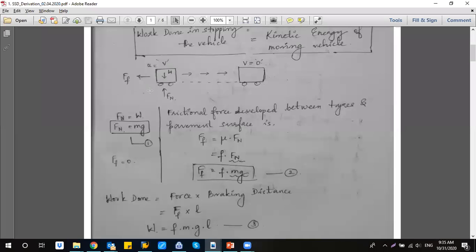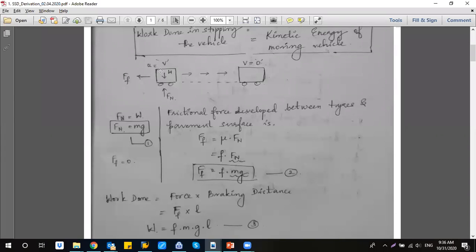I've just represented it; you can see a small vehicle here. The vehicle is actually moving; you can see the arrow marks towards the right side. So when the driver sees the obstruction, he stops the vehicle. Therefore the initial velocity of this vehicle in the starting position, let it be small v, and the final velocity is definitely 0 because he is stopping the vehicle. You can see the vehicle is moving towards the right side.